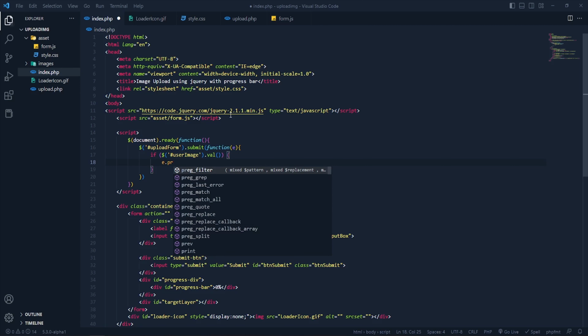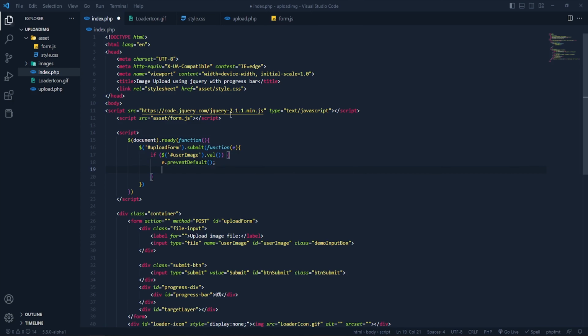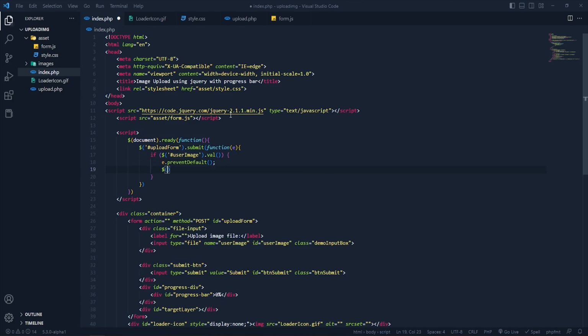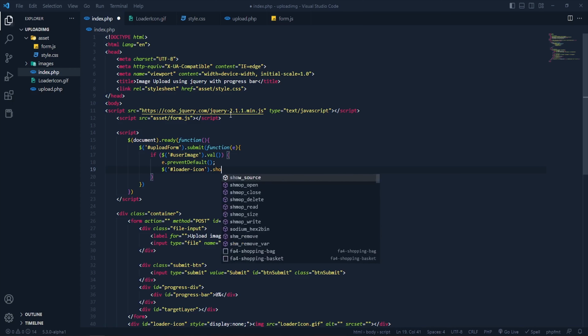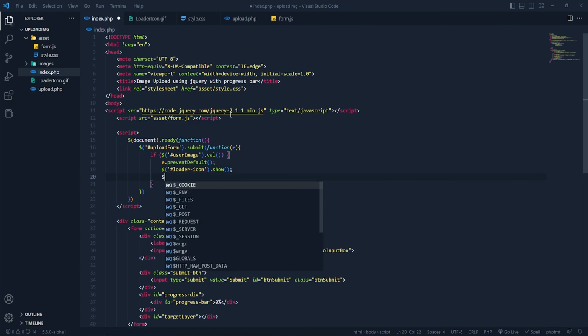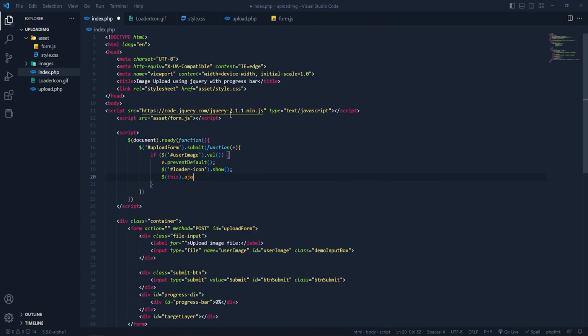Now inside the if statement we need to prevent default, and after that we have to add a loader here. So this function will show the loader icon here, and when the loader is showing,